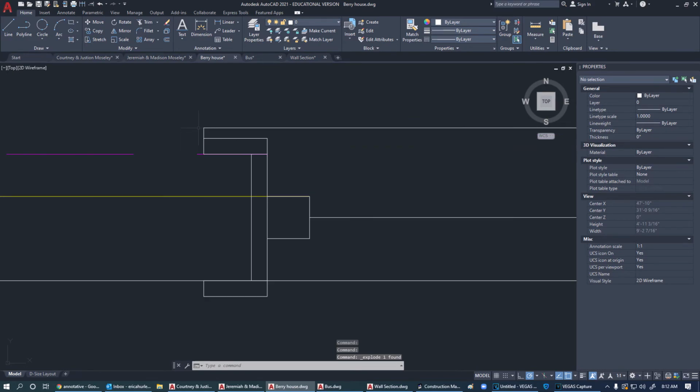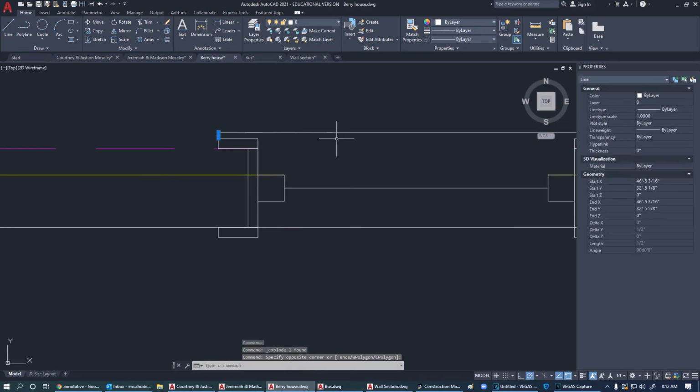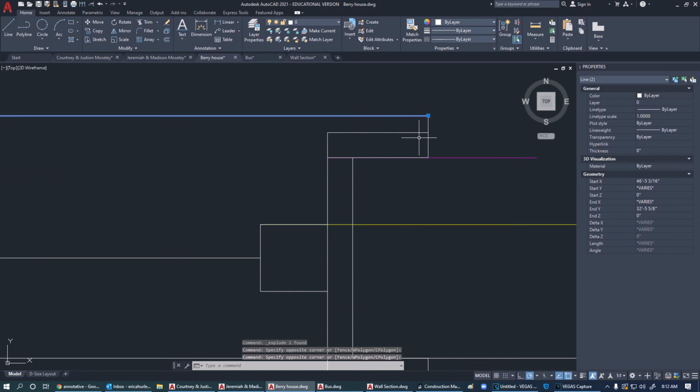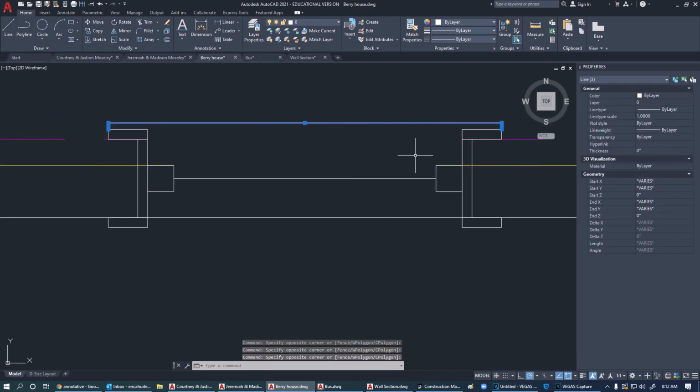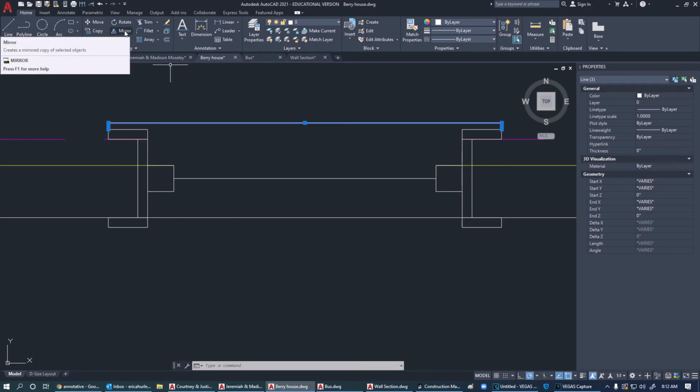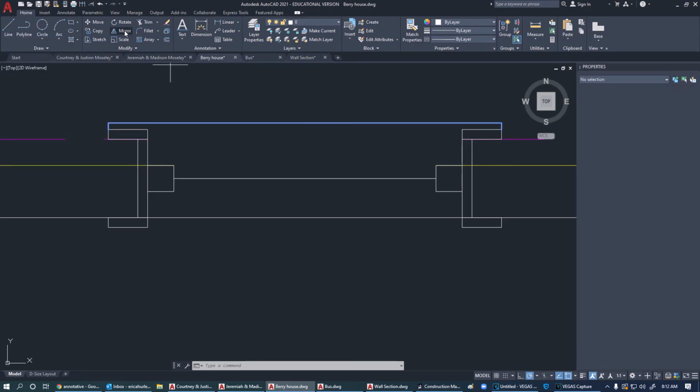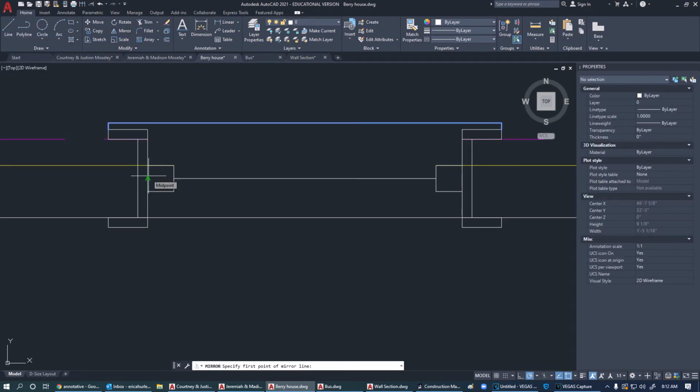And what I want to do is highlight this line and this line. Now I want to mirror this over on the outside of it here. So how do I do that? Look right there. I have a little button called mirroring. If I click on mirroring and find that center point of this piece here and click on that,